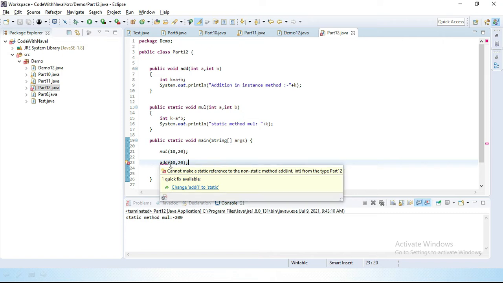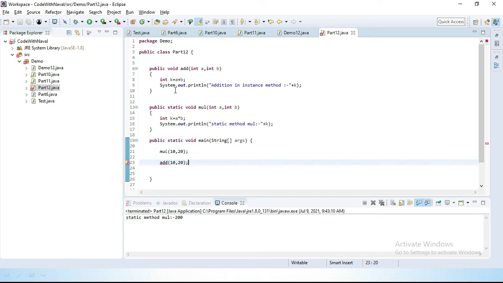This is our non-static method and we can't refer to it inside a static area. So how can we call this method? First we have to declare one object. Let's create one object, part12 pt equal to new part12. That's it.